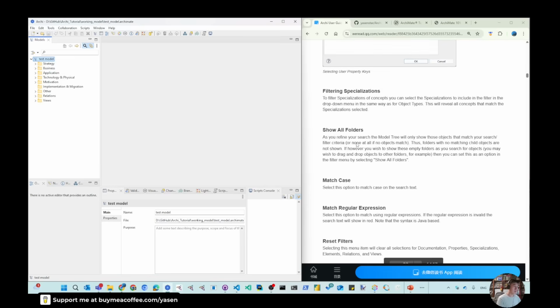For this video, the first topic is quite simple: show all folder. This one will show those objects that match your search, the searching result. Let me show you: if I select cap as a matching string, you can see here your searching result is only in the strategy folder, and the other top folder is left out. But if you don't want to miss the other top level folders, that is coming from the tool,